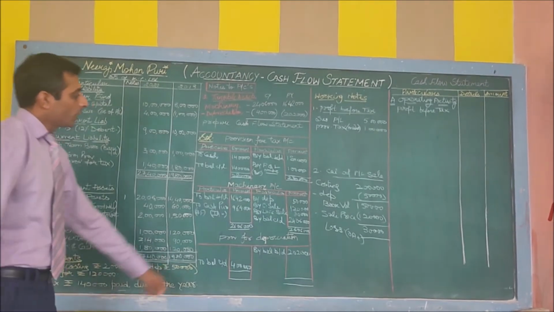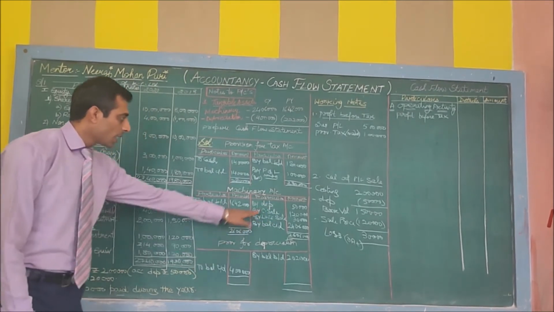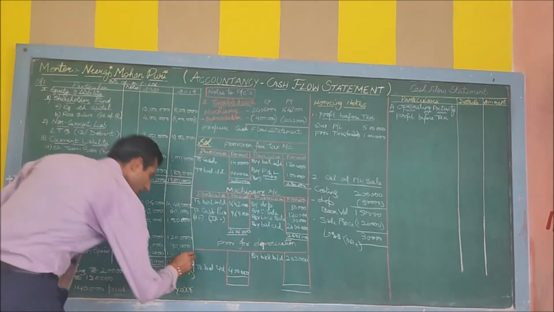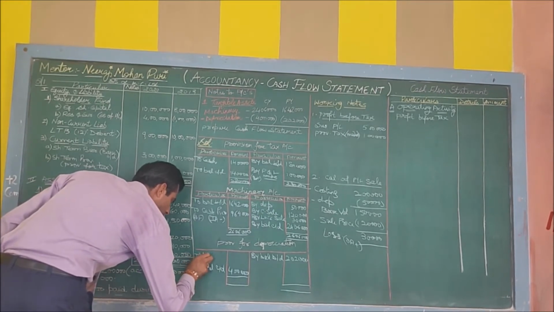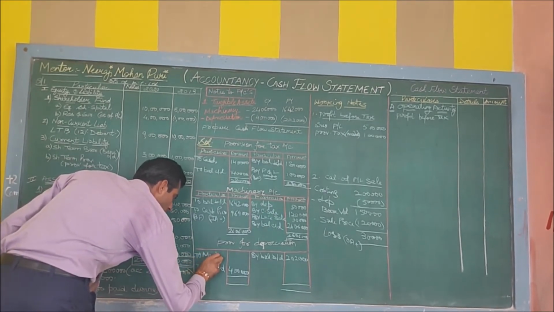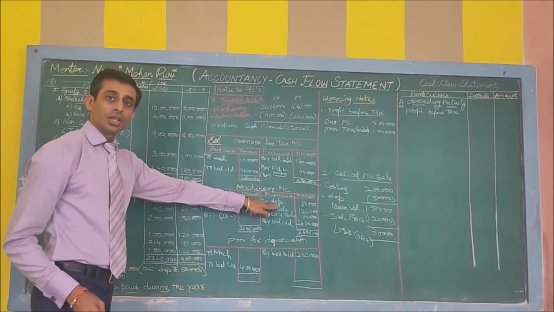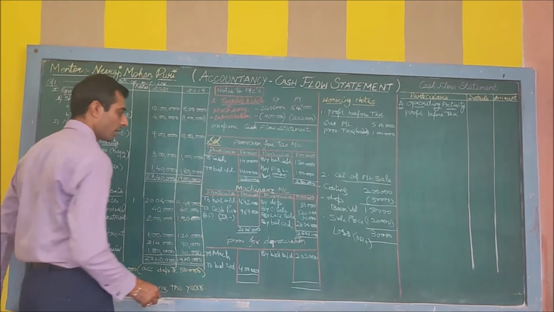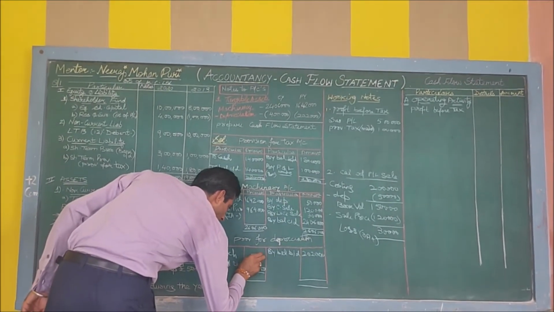Next step, we have to transfer this depreciation value to this ledger account, cross multiply. So this will be transferred from here to machinery. Remember, you will not write the word depreciation in the depreciation account; the item will be depreciation, but the name of machinery will come. Amount is 50,000.